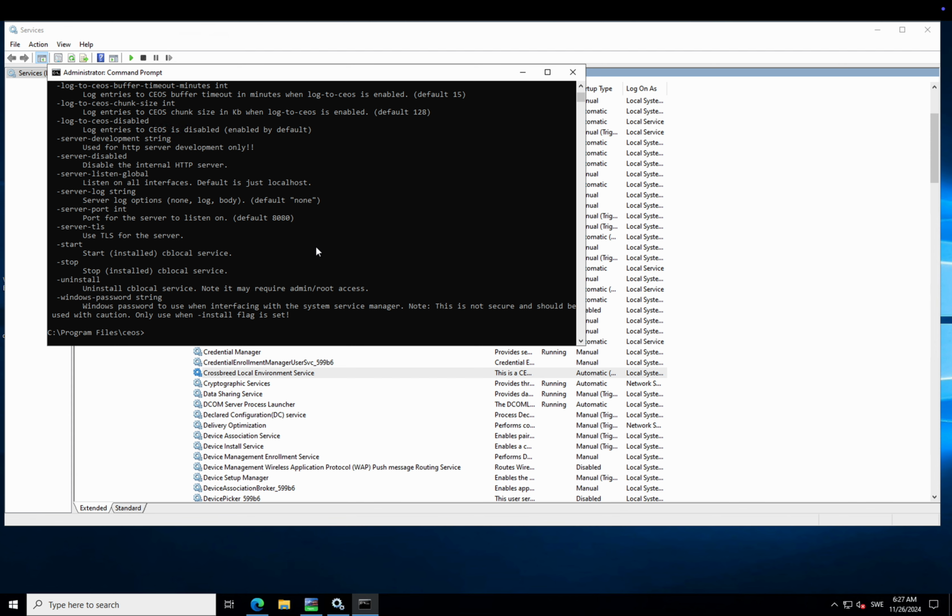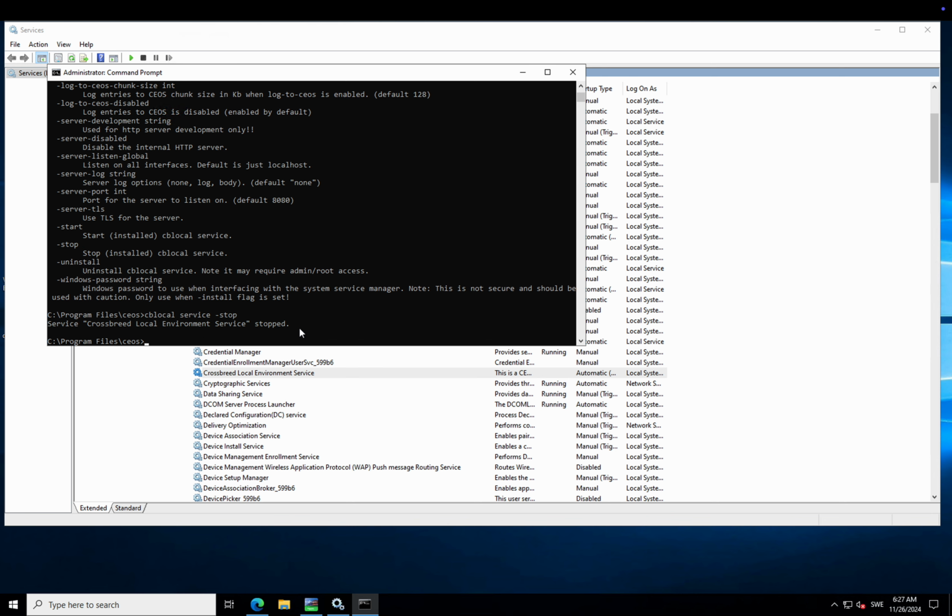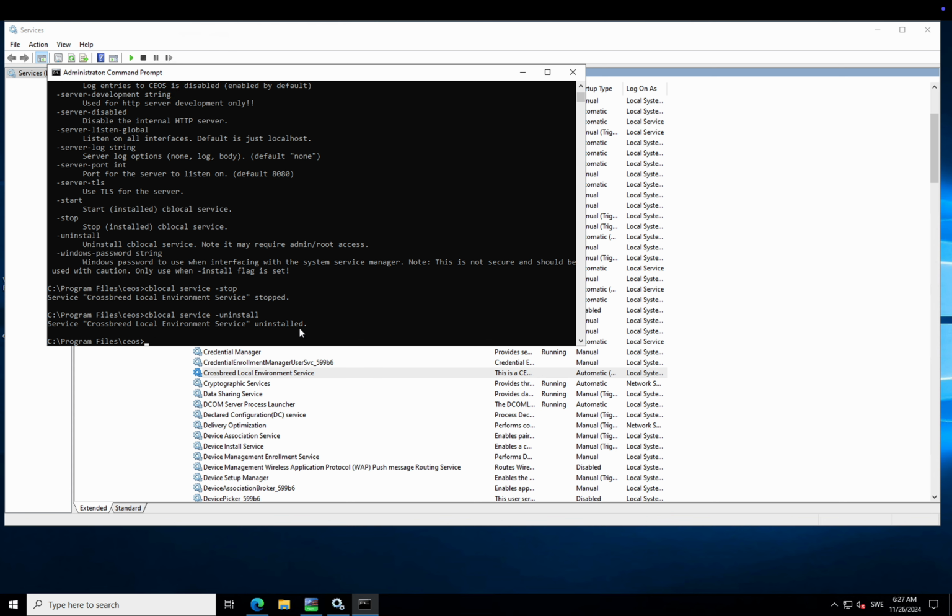And we can also install and uninstall the service. But let's stop the service before we need to uninstall the service if we need to change some parameters. So Cblocal service stop. Now it's stopped. Now we can uninstall it. Okay, so now it's uninstalled. Now we can do an install again, and then